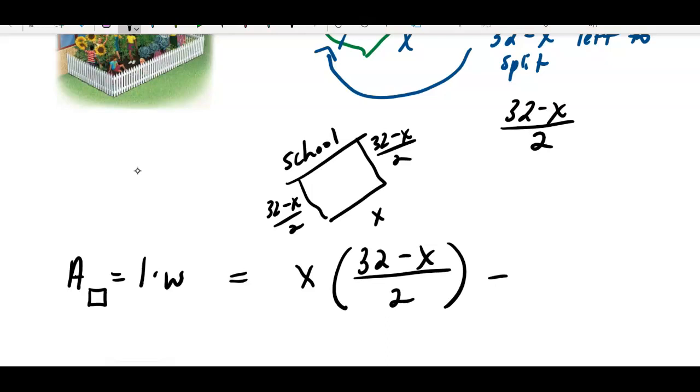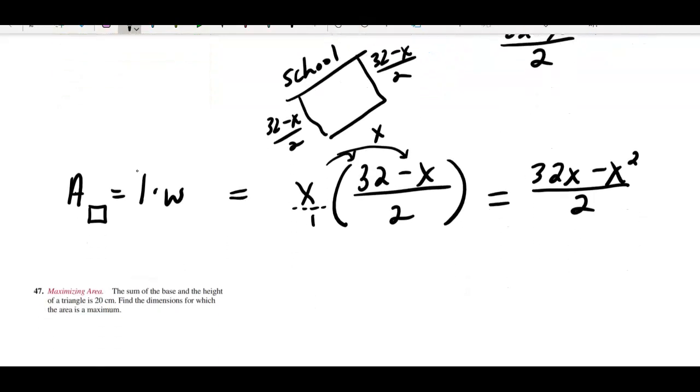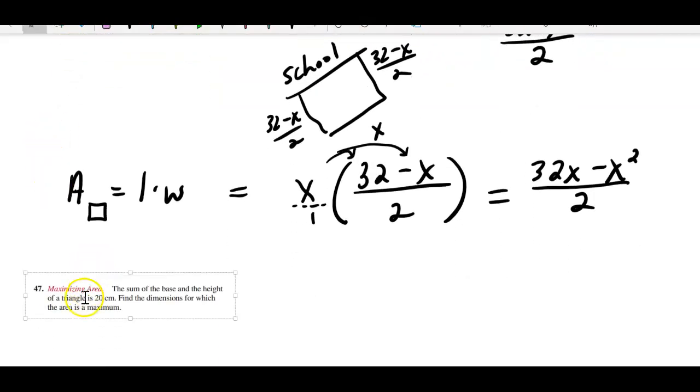Okay? So whenever we multiply fractions, we multiply straight across. This x has an invisible denominator of 1, so we'll just multiply straight across. So we'll have x times 32, x times negative x. So that will give us 32x minus x squared all over 2. Okay? So what do we have? We have our area. We can say A of x, because our area,